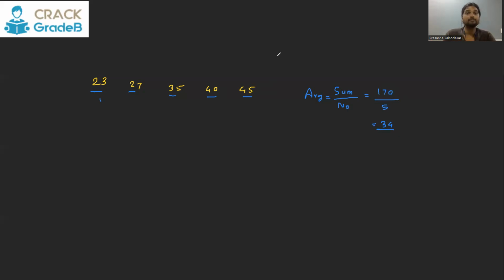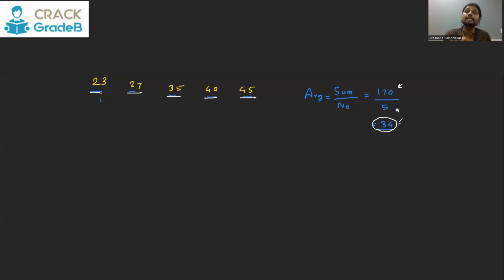What is exactly average? So average is nothing but what we are doing here practically, if you see, is we are collecting five numbers together. That means it's as if there are five students, they are getting different numbers of chocolates with them. First student gets 23, another one gets 27, 35, 40, 45. You merge all the chocolates and the total number of chocolates comes out to be 170. And you divide it by 5, meaning you divide those chocolates equally among those students, and everybody is going to get 34 chocolates. That is what the interpretation of average is.